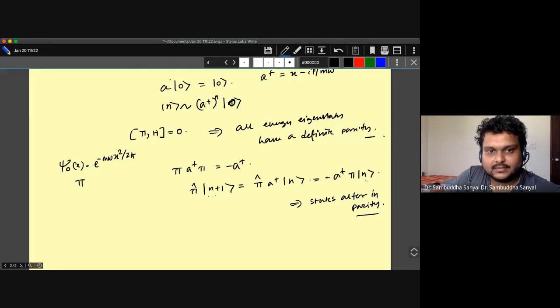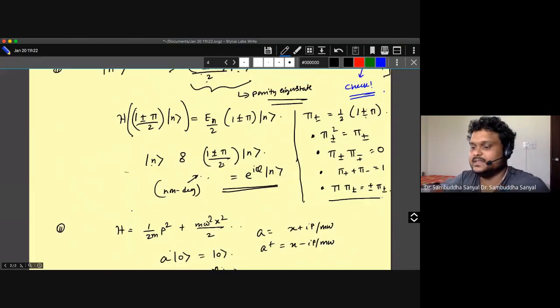So I can write this as the quantum number of the state parity. To use a defined notation, this is the problem of notations, running out of symbols, so let me call it pi_0. When I put this cap, it's for the operator. The no cap means the eigenvalue. So this eigenvalue is +1, because it is even parity. Similarly, I can write the parity eigenvalue of any state as (-1) to the power n. So that is basically the example of this theorem in action.